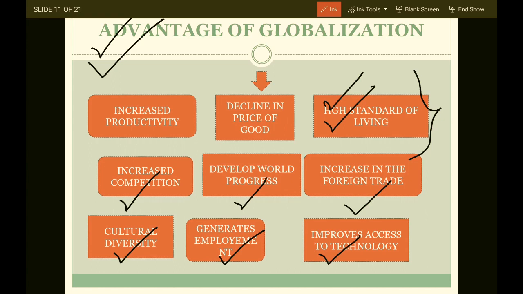Improves access to technology, one of the most important points, because foreign countries are more technologically sound as compared to India. We are not sound in technology, we rely more on agriculture. So there is an exchange of technology between us and foreign countries. Increased productivity: productivity increased after globalization. There was more production, more expansion of the market, and more alternatives for the consumer. Decline in price of